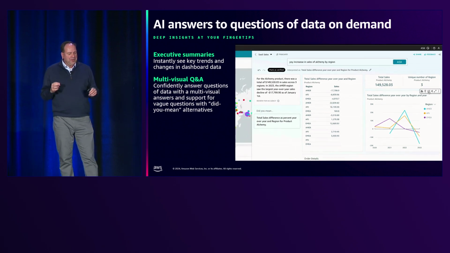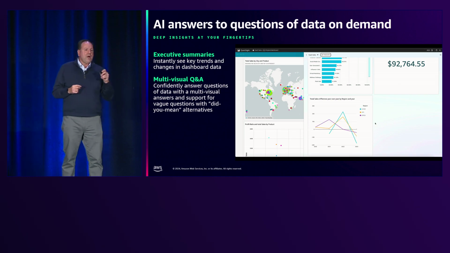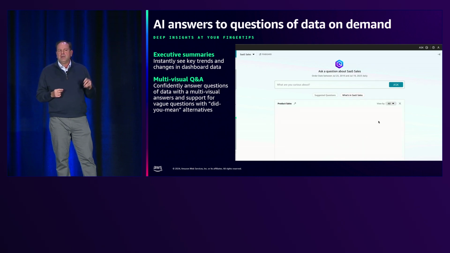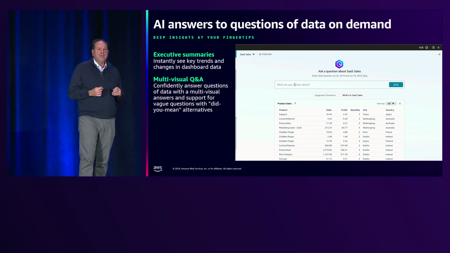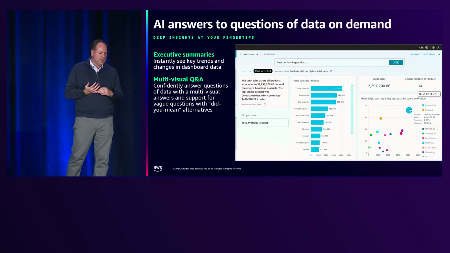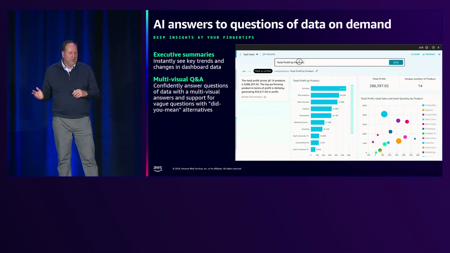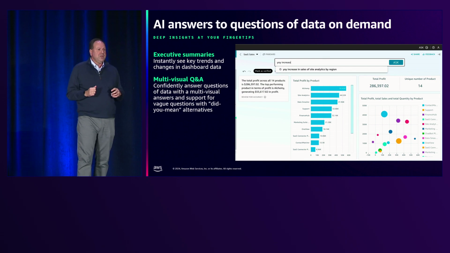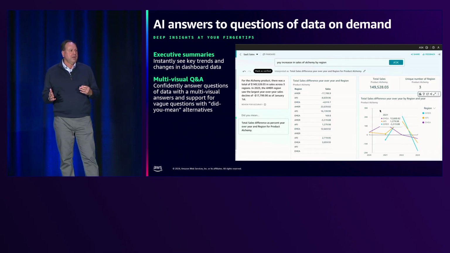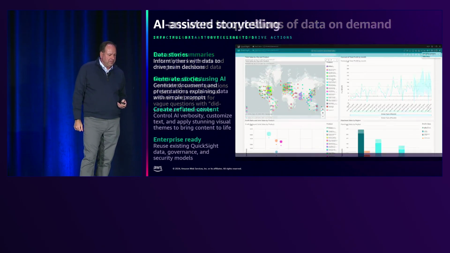Now, one of the things that we just announced today is actually an integration with Amazon Q Business, where we're now actually able to bring in unstructured data that's made available to Amazon QuickSight from Amazon Q Business. So this is all of any sort of documentation that you have made available through Amazon Q Business. All of that information now can come back as part of the response for this multi-visual Q&A experience. And so you might get meeting notes or elements of a PowerPoint presentation that'll come back as part of the question and answer experience that you have in QuickSight today.